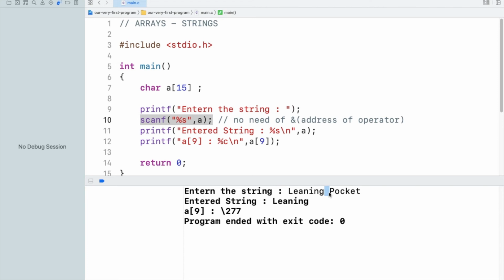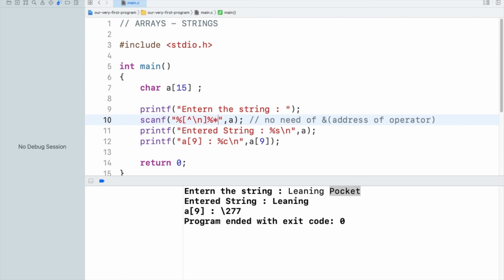Though you would be able to write down a string, that string will never be stored in the scanned string. For that we use percentage, then square bracket, caret symbol, and then slash n,